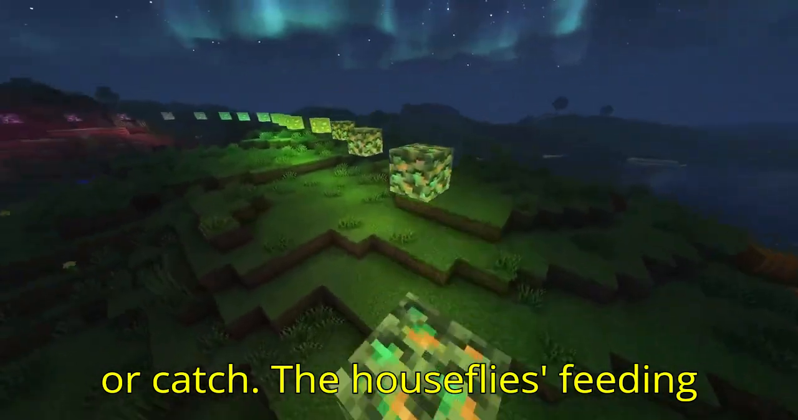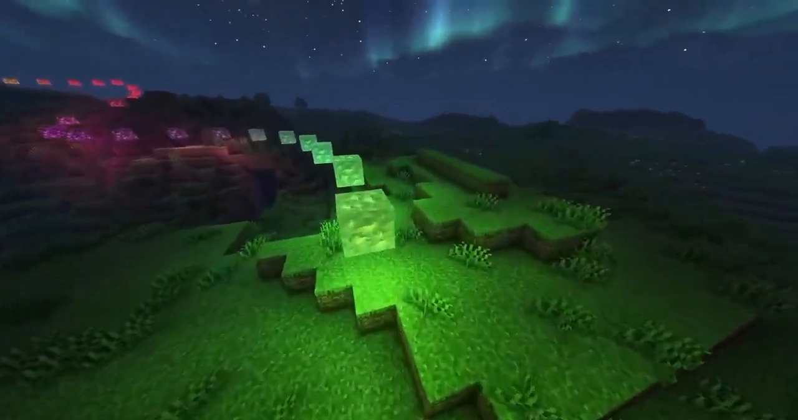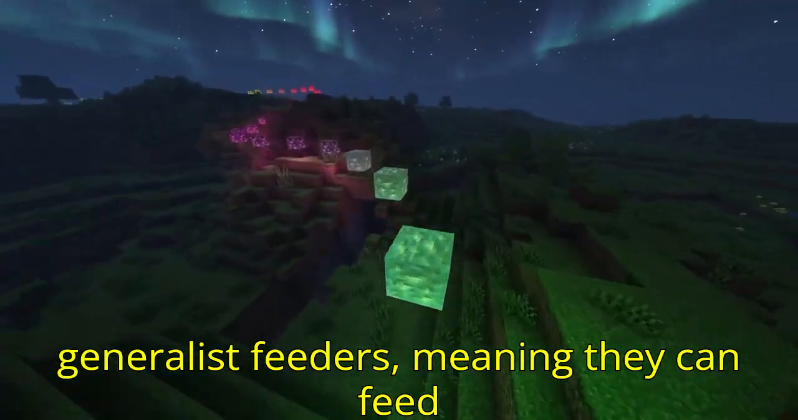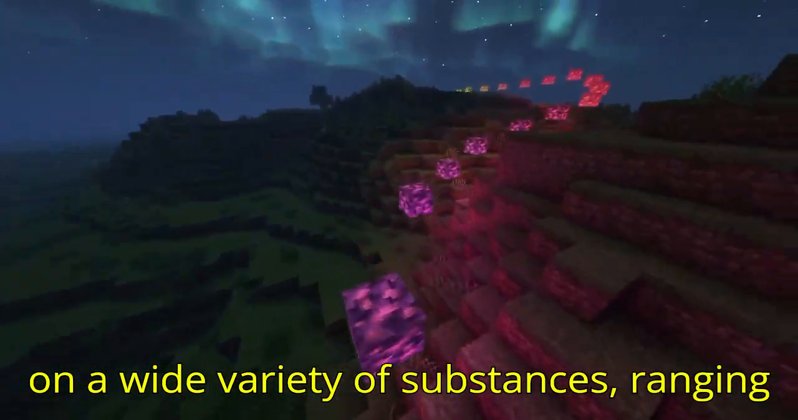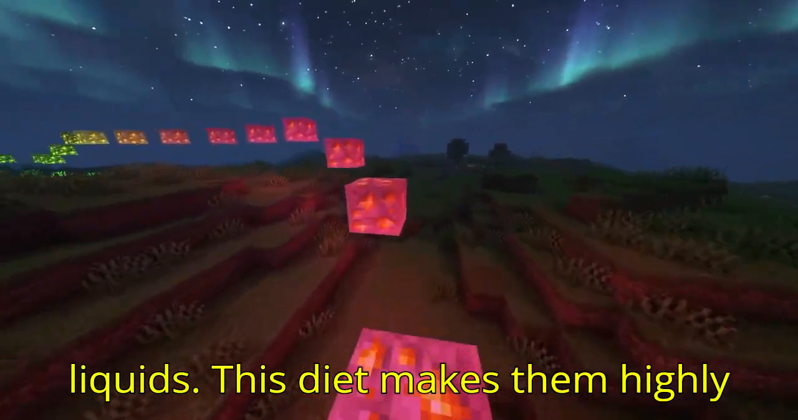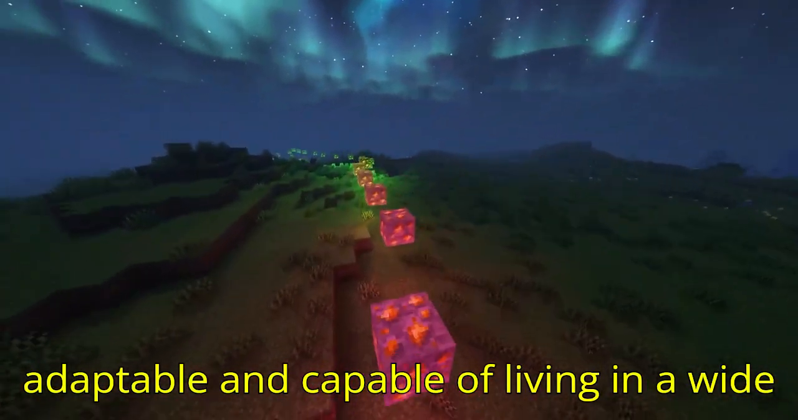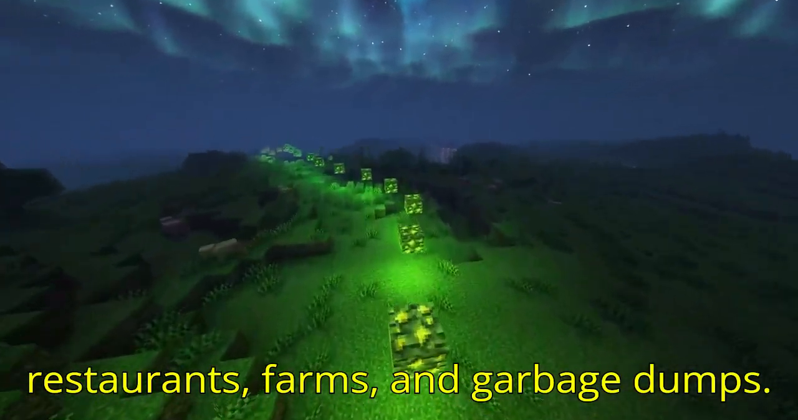The housefly's feeding habits are one of the most interesting aspects of its biology. Houseflies are considered to be generalist feeders, meaning they can feed on a wide variety of substances, ranging from decaying organic matter to sugary liquids. This diet makes them highly adaptable and capable of living in a wide range of environments, including homes, restaurants, farms,